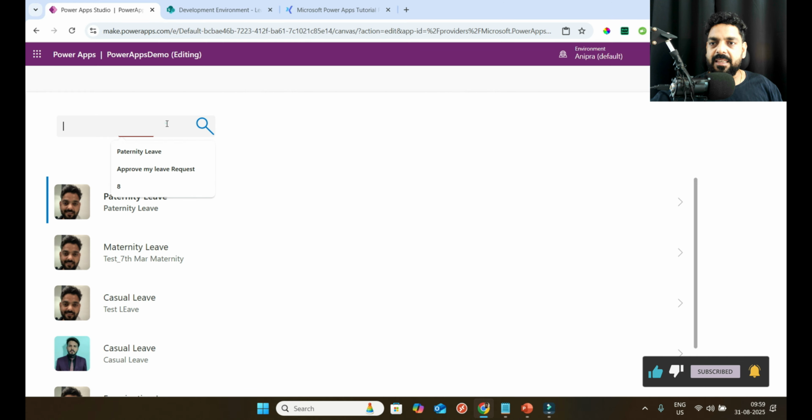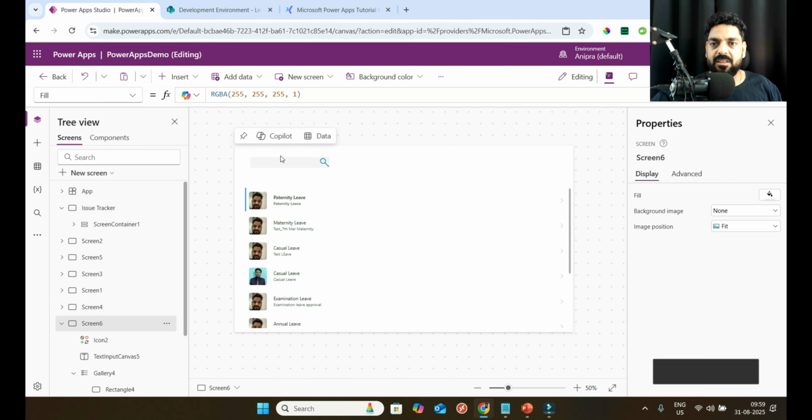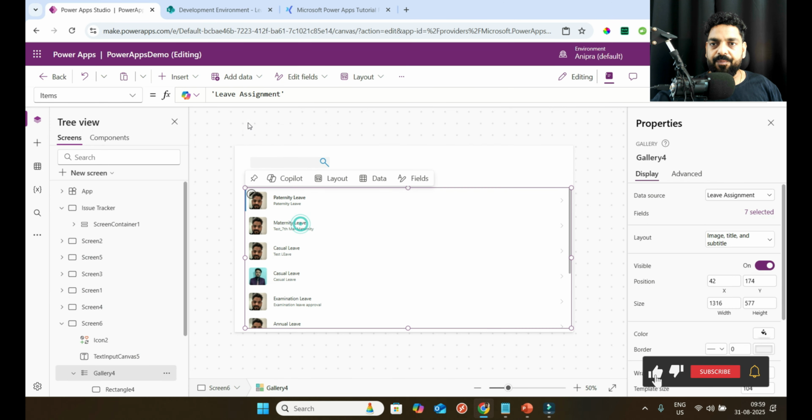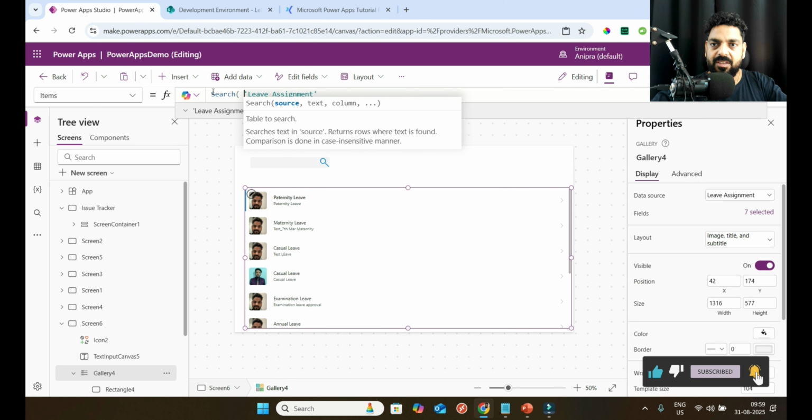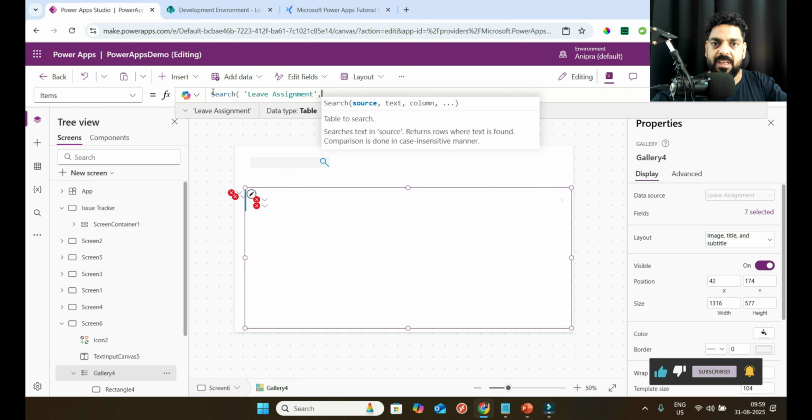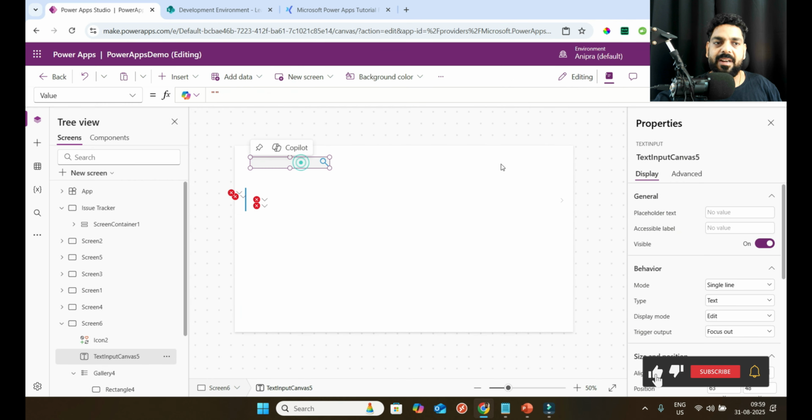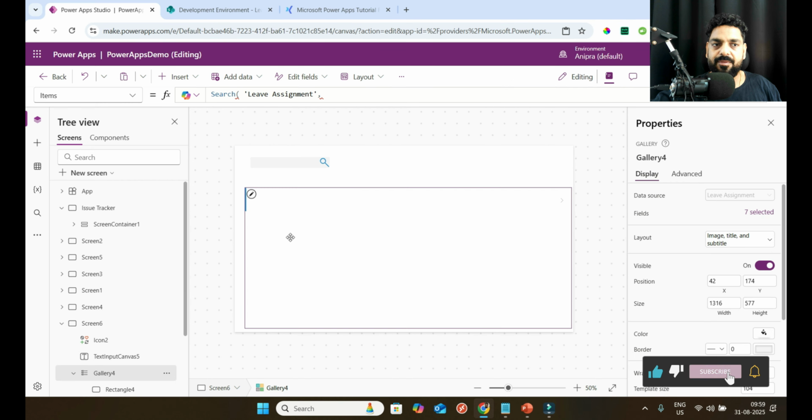If you see, this looks like a search box. Now what I will do here is apply the Search. So Search, and this is my data source, and here you can see this is the text and this is the column. So in the text, this is my text input 5